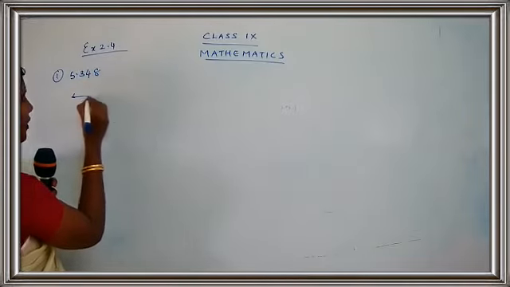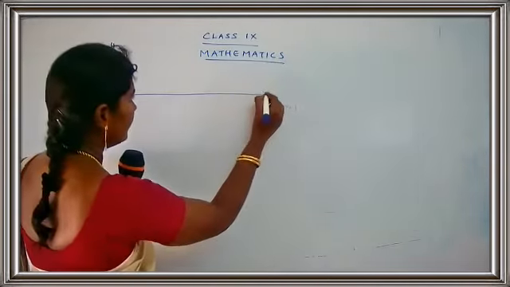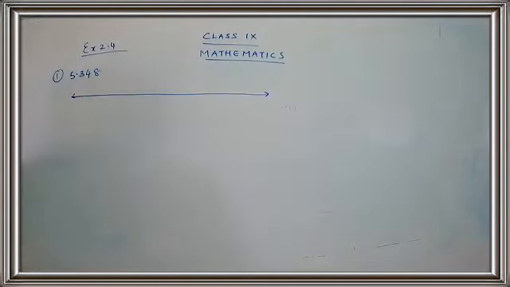First of all, I'm going to draw a number line. Draw a number line, children, everyone. I'm going to go slow. You can complete the sum along with me. Try to complete the sums along with me. So the first thing is you have to draw a number line. Have you drawn a number line?